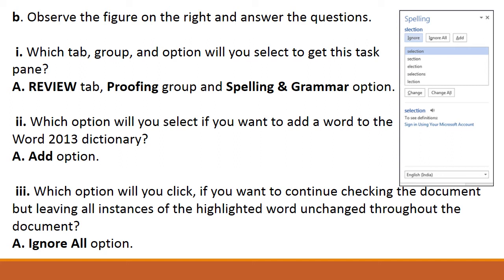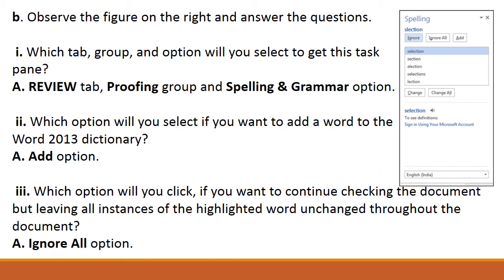B part of application based questions is, observe the figure on the right and answer the question. There is a figure on the right side and you guys have to give the answer according to this dialog box. The first part is, which tab, group and option will you select to get this task pane?